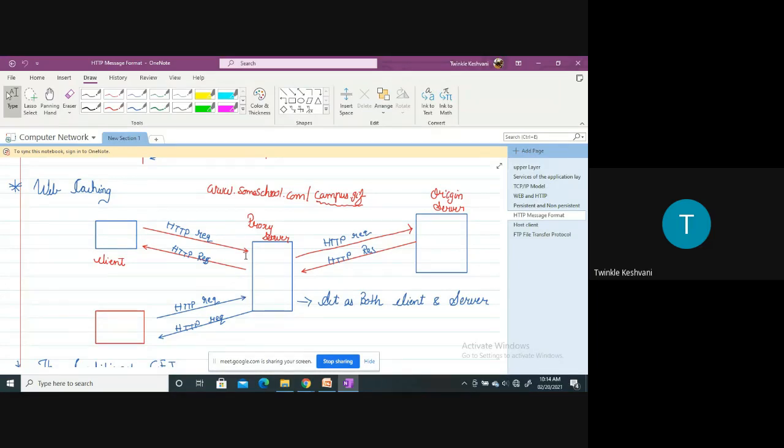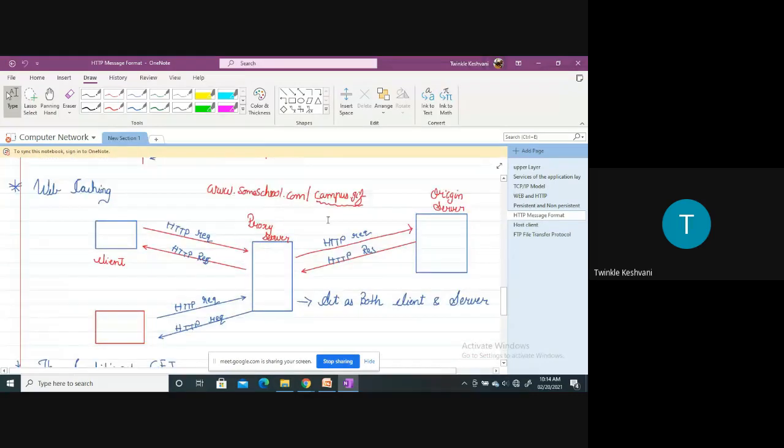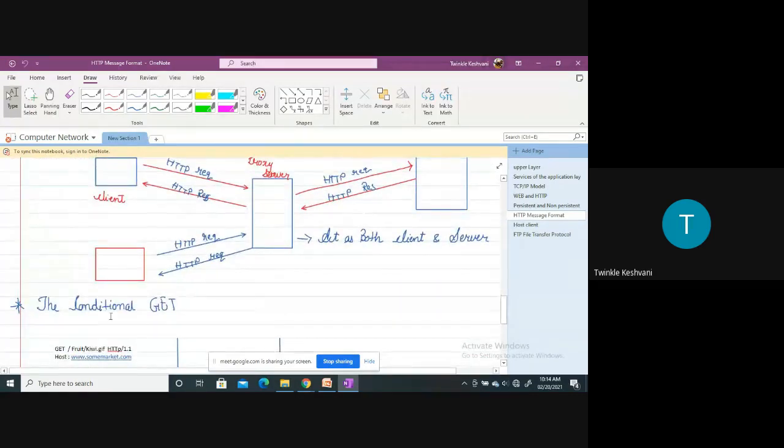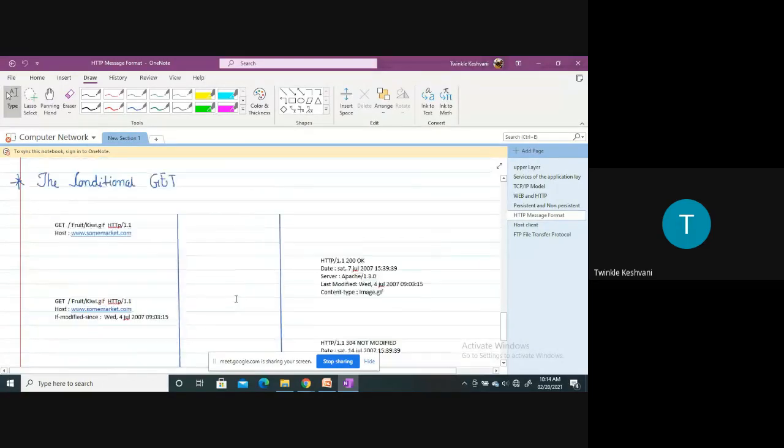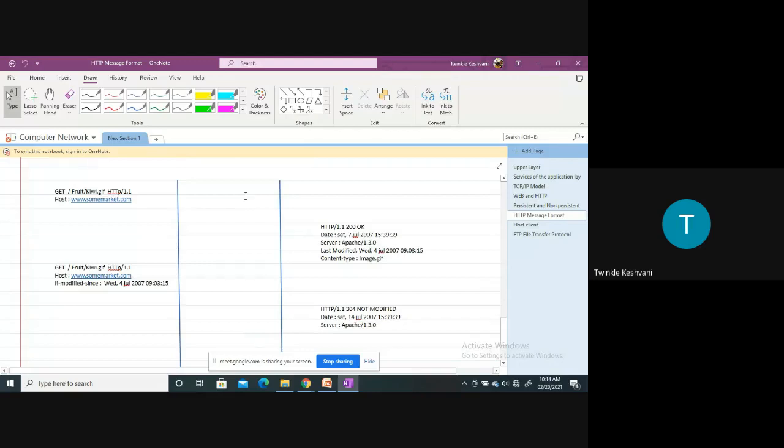And then, relevant to that, we have discussed the conditional GET, right? To overcome the issue of web caching, conditional GET is introduced, right? So we have seen the concept of conditional GET as well in the last session.